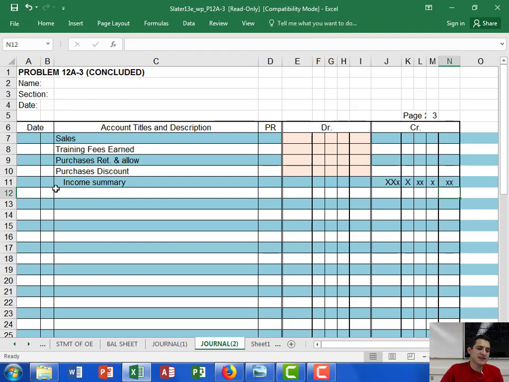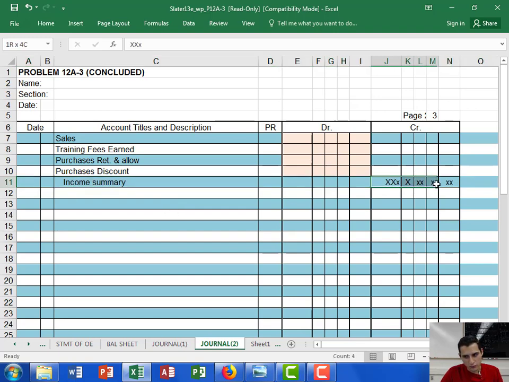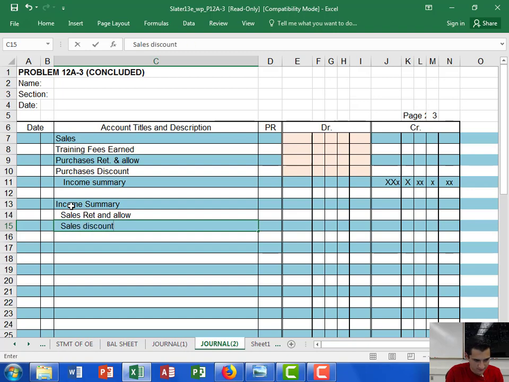Now, this is basically going to be the same thing as what's happening in your income statement formal report, because you're showing the amount of revenue inside your income summary minus all your expenses. So then you're going to have to debit income summary to all those credited expense accounts. So basically all your expense accounts would be sales returns and allowances, sales discounts,